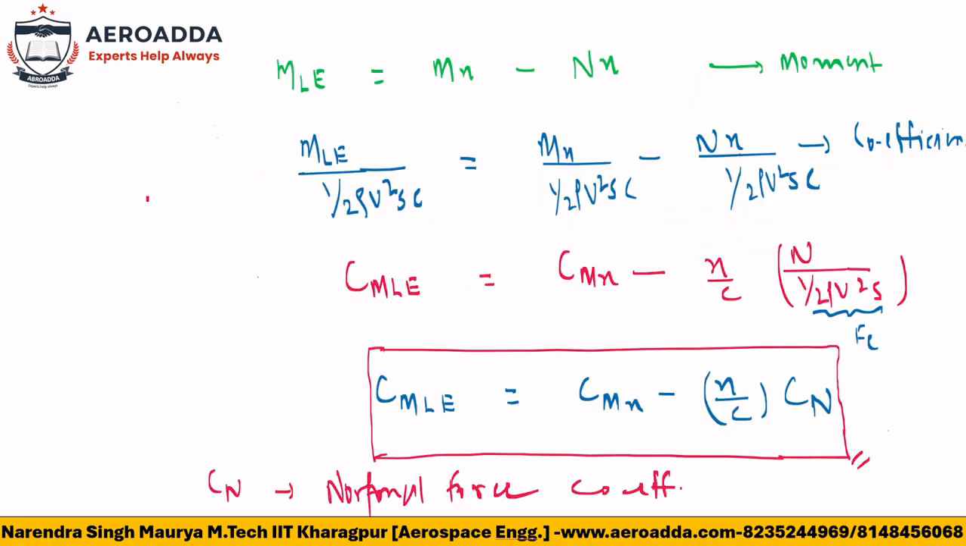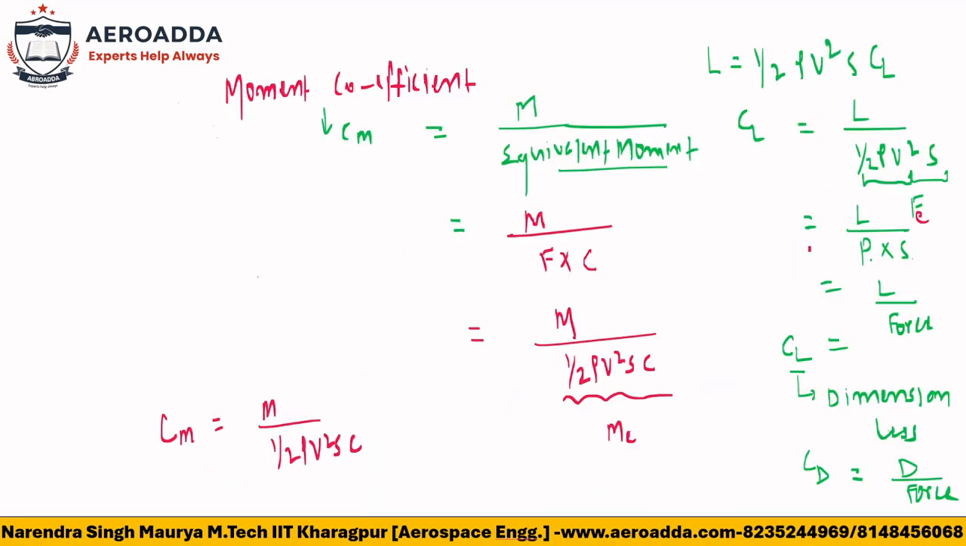Just let me check. MLE divided by half rho v square S. So this half rho v square S is nothing but force. So force into C will give the moment. So moment by moment, then you will get the coefficient, which is called the moment coefficient. What is the problem here? See, the moment coefficient is always